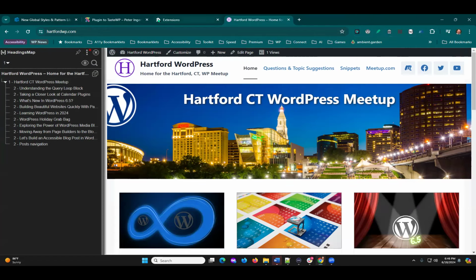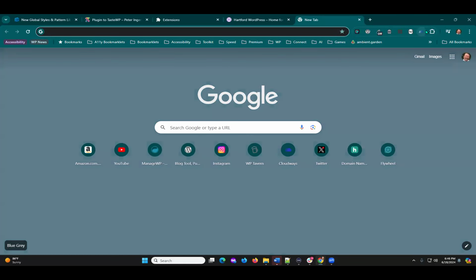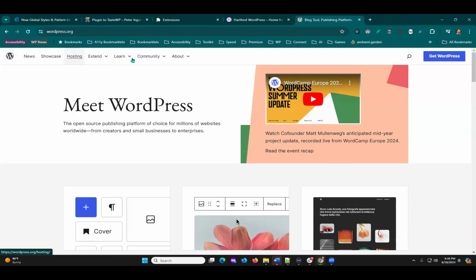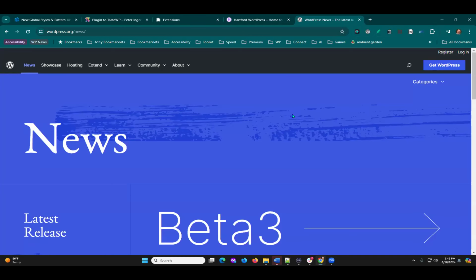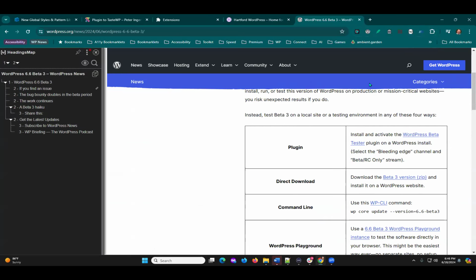So say I'm again back over here and I'll show you kind of the whole list, but say we go to WordPress.org. And then we go to an article. Let's say you want to learn about WordPress 6.3 that released. If you use the headings map extension, you get that list just like you see in Wave, but it's a quick way to get an idea of the order of your headings, so you can see if there's anything out of order, which you don't want to have for reasons,